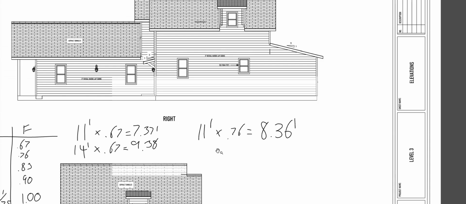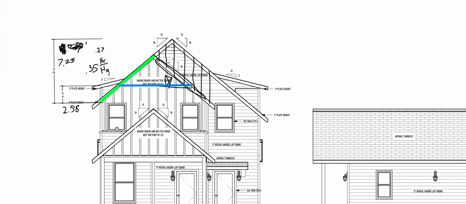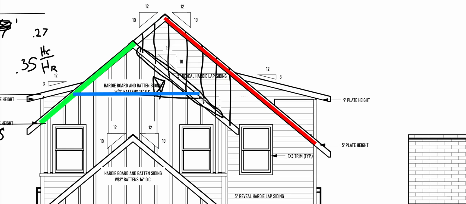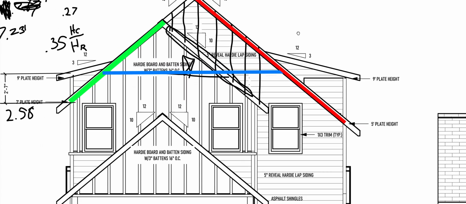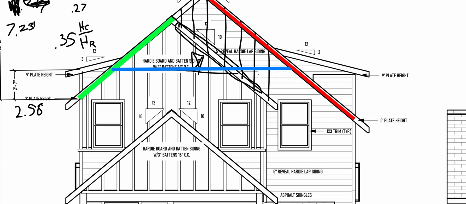So let's go back to here. All right, so what's the thing under consideration? We have, starting at this wall, we go to the ridge, that's our rafter, and our ceiling plane is coming in at 9 feet. So the situation we have here is that somewhere in here is a wall